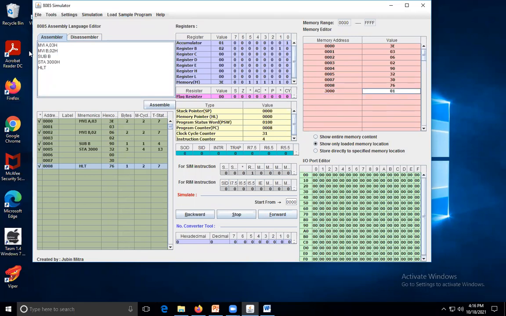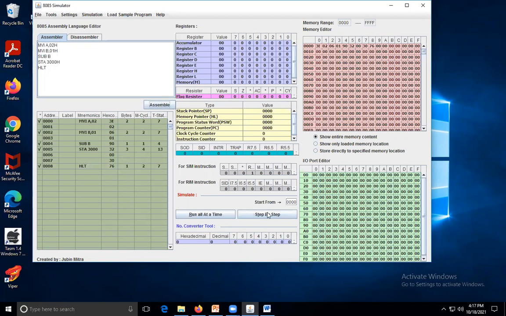If I'm writing like this, what happens? If I write A as 02 and B as 01, what is the answer? Assemble the program and see the step-by-step execution. The accumulator contains the value 02, then register B contains the value 03. Sorry, 03. Disassemble the program and assemble. Here in B you have to store the value 03. Then assemble the program and do step-by-step execution. First is 02 in the accumulator, B is 03.